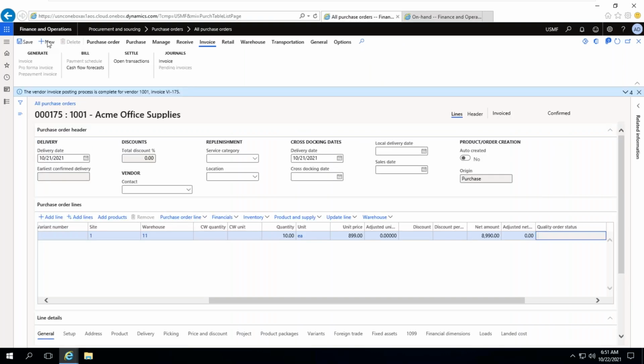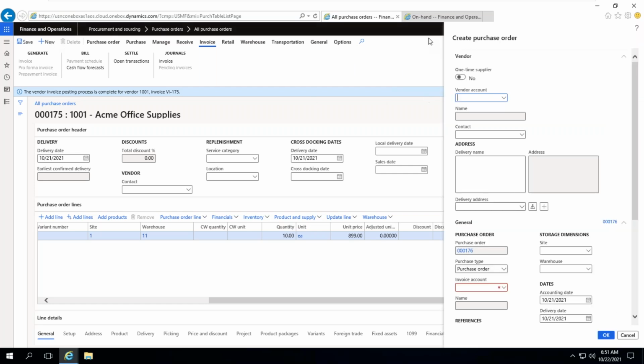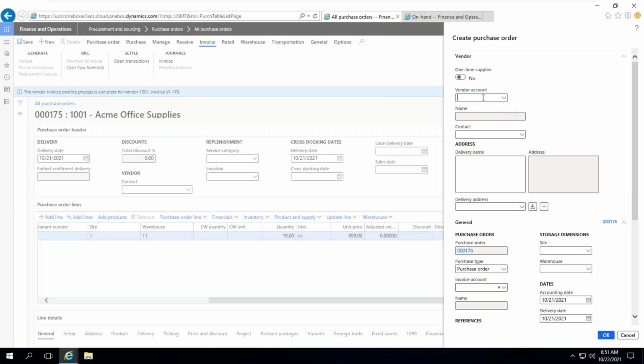I'm clicking on the new button. Select the vendor. Okay, select the warehouse.